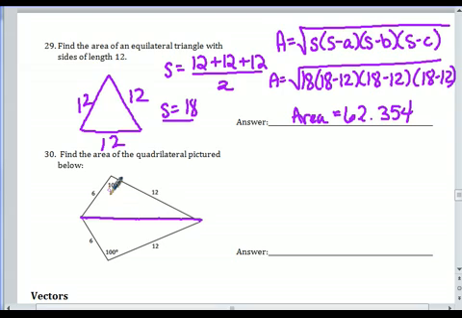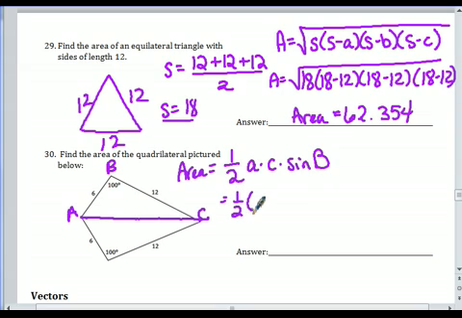If I consider this triangle here on top, notice the given information is side, angle, side. And so I'm going to just label this triangle ABC. Side, angle, side means I want to use the formula that looks like this: area is equal to 1/2 a times c times the sine of angle B. So 1/2 times 12 times 6 times the sine of 100 degrees. And that's all there is to it. Plug that into your calculator, and it's going to give you an area of